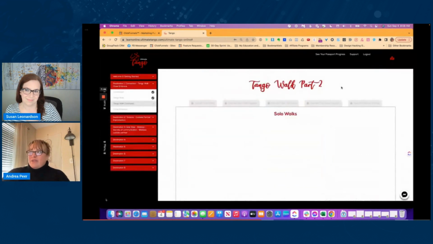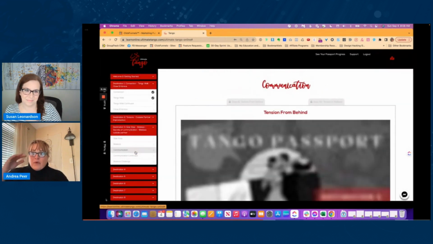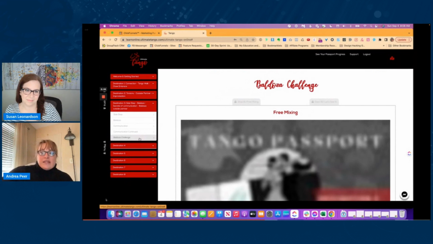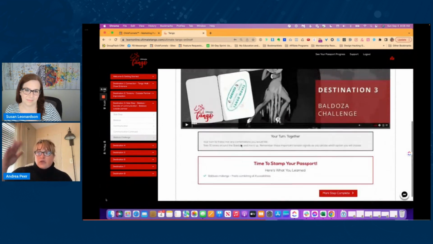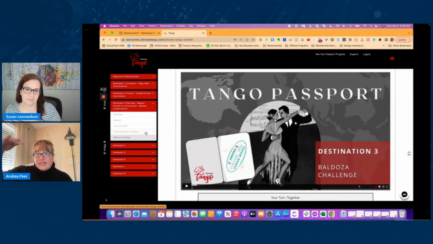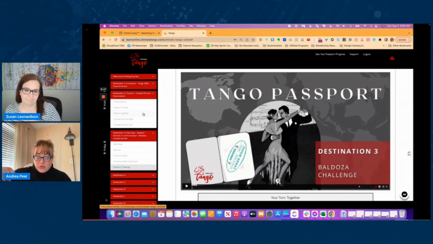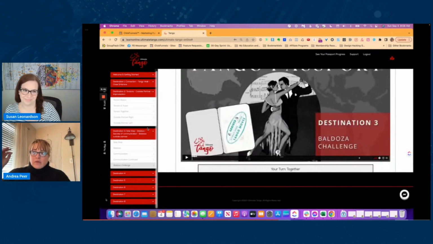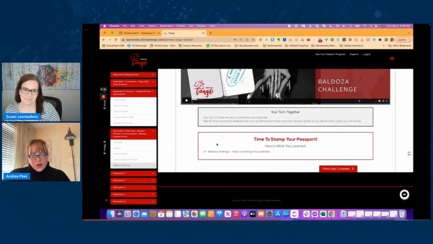And so you can see, I can see where I'm at in my passport and I could keep going. The destinations wouldn't unlock until you had passed the previous destination in order to go to the new one. So it was good learning in terms of holding people where they're at until they're ready. All in all, this is what we were able to do with 1.0. Okay. Here's where it went tragically wrong.